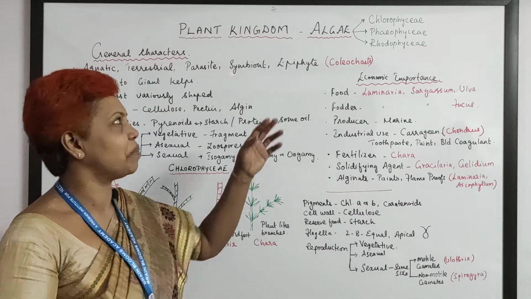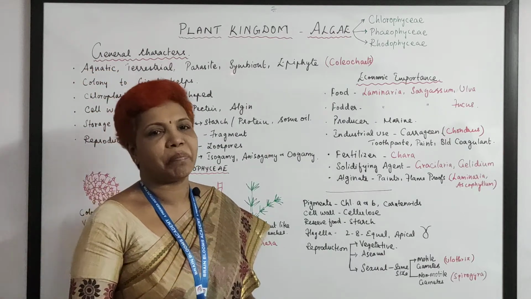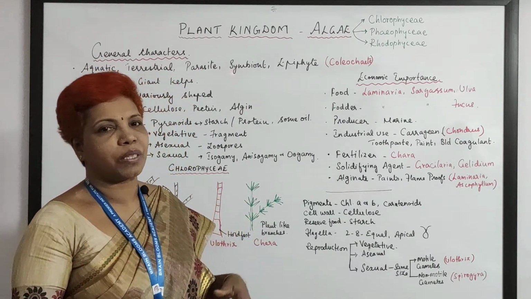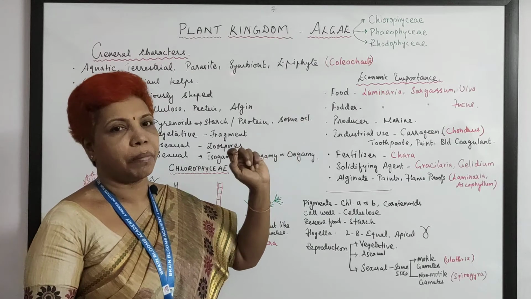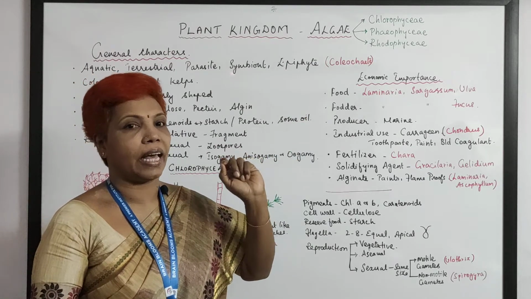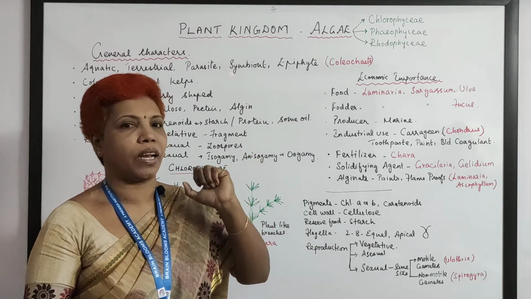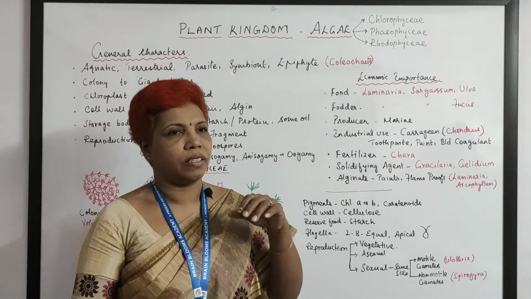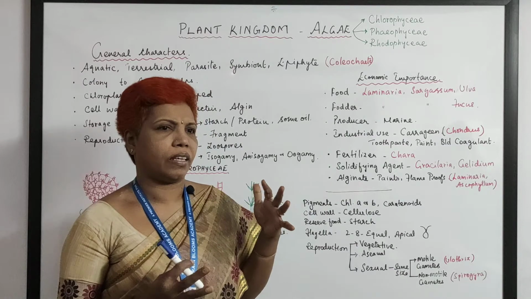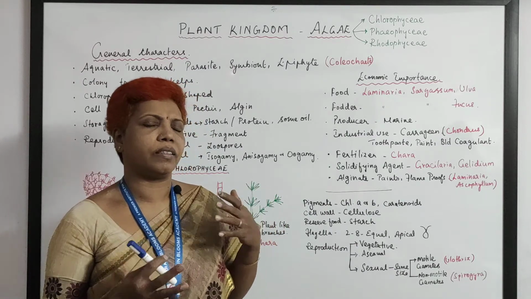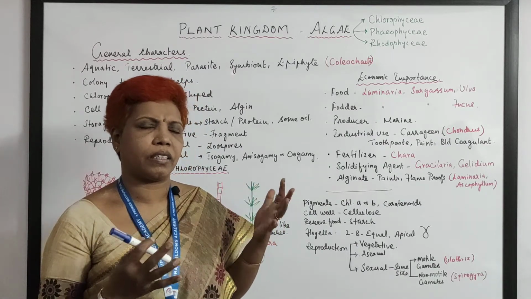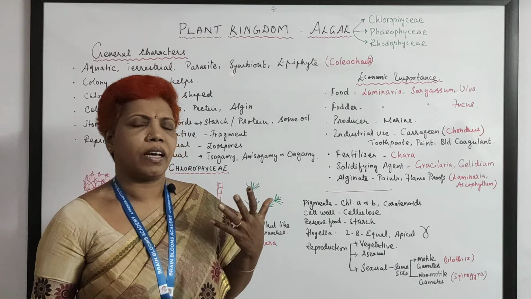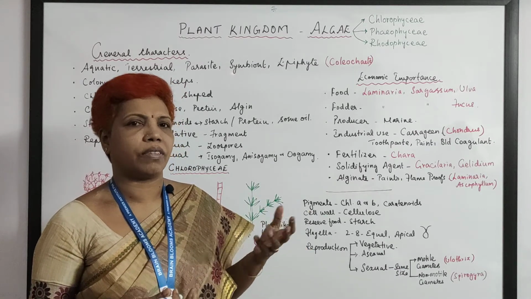Let us start from algae. Algae are basically classified on the basis of their pigments: green algae, Chlorophyceae; brown algae, Phaeophyceae; red algae, Rhodophyceae. Generally, when you talk about algae, they will be there in aquatic and terrestrial habitats, and some are parasites, like we discussed